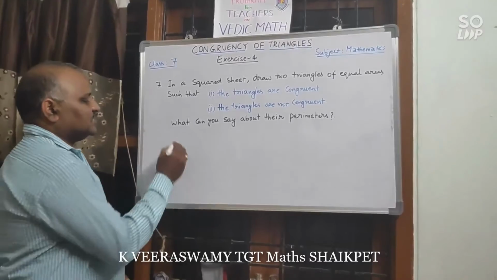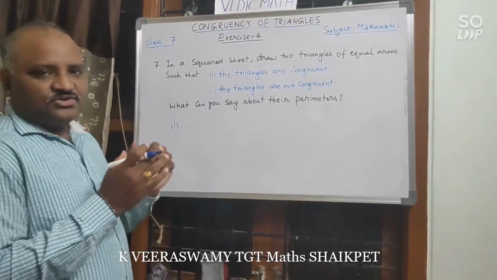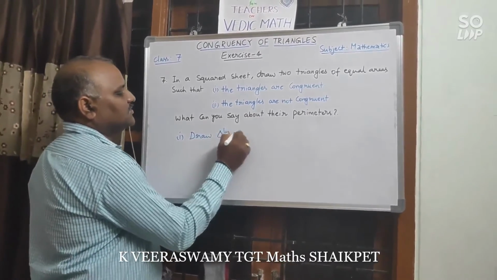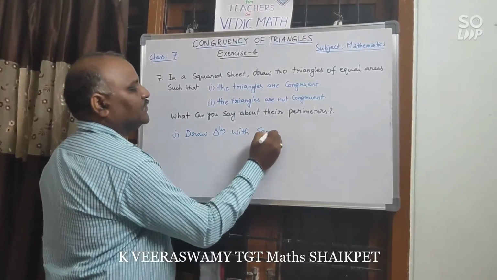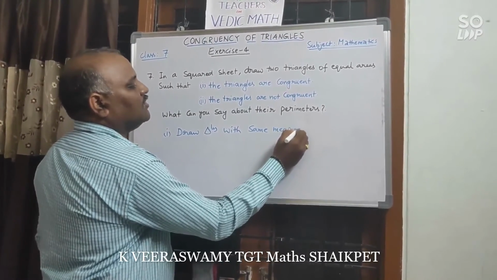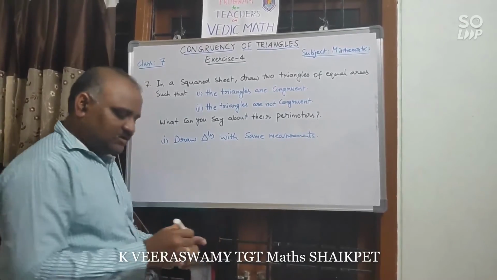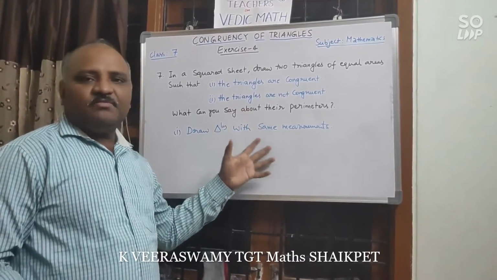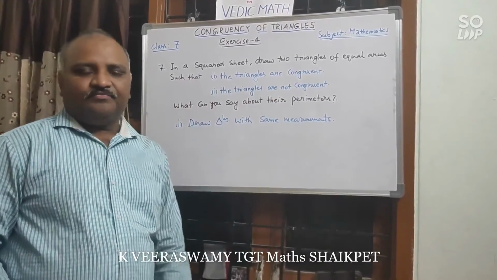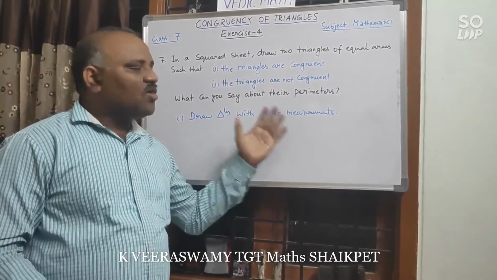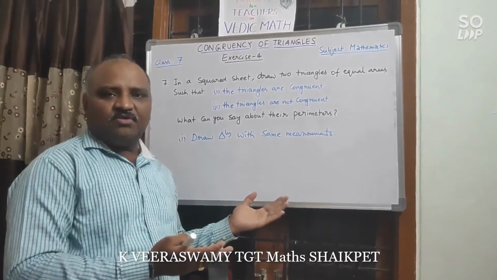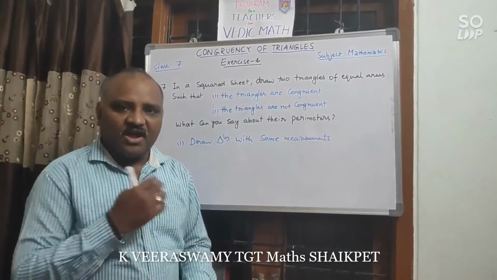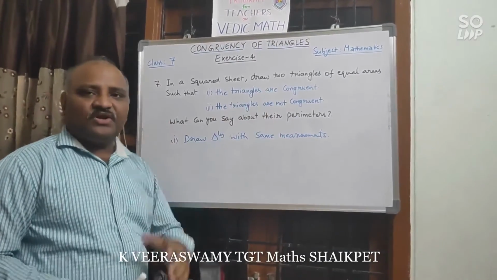So in the first case, we can take two triangles with same measurements. Okay, you can draw triangles with the same measurements so that all measurements will be same. That means all 6 parts of the two triangles will be correspondingly equal, and they will be congruent, and they will have same area. And one more thing, if the triangles are congruent, then their areas also become equal. But if the areas of two triangles are equal, we cannot say that they are congruent always. So that is true for second case.